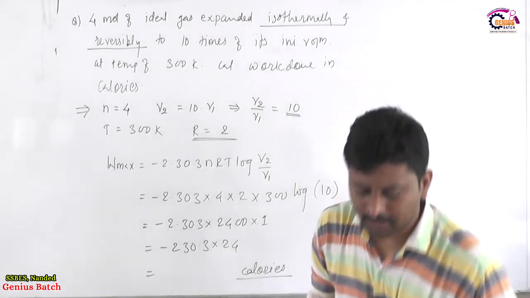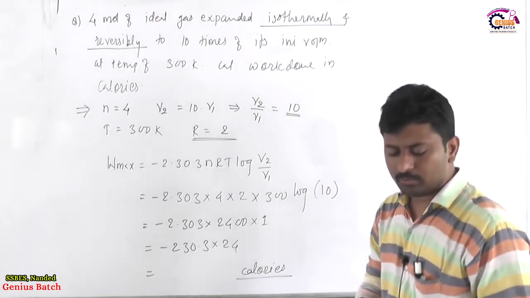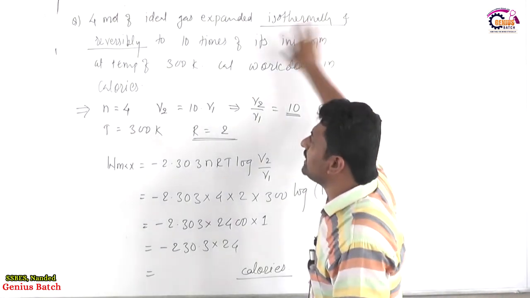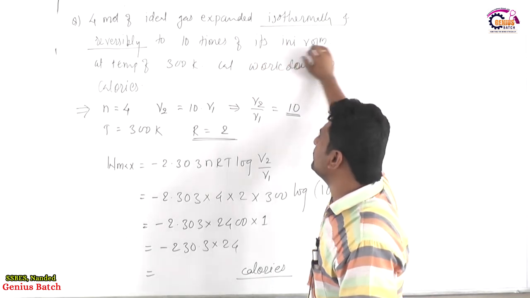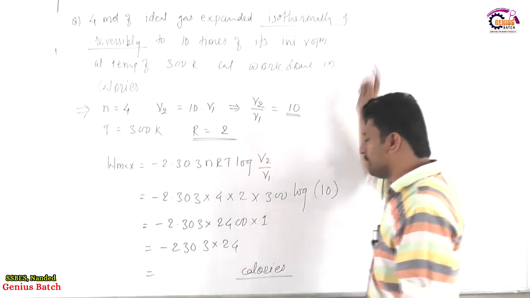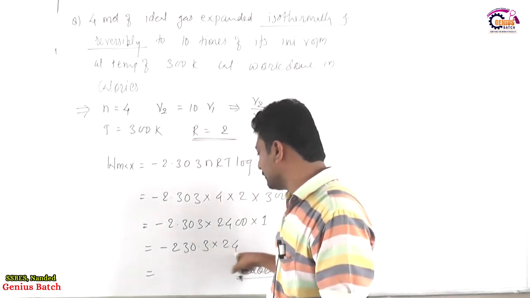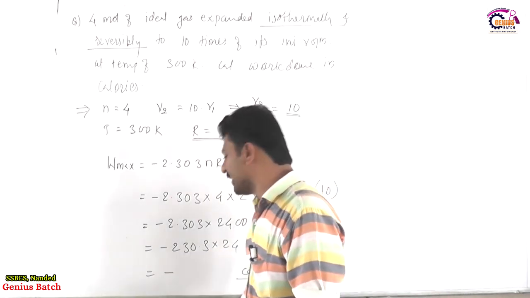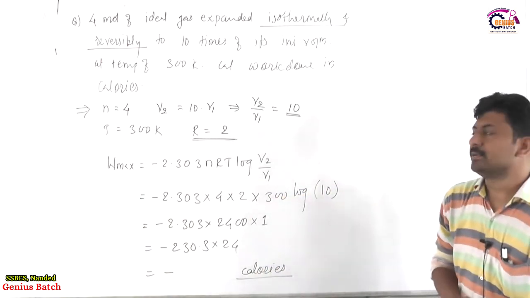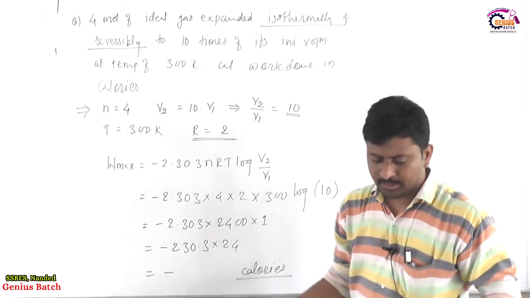One more question we would try on the same type. Now look, this question was: 4 moles of ideal gas expanded isothermally and reversibly to 10 times the initial volume. Work of expansion it is, and work of expansion is always a negative value. This product on calculation will provide a negative answer. Now we would consider the reverse case in which work of compression is done, and then we will solve it.